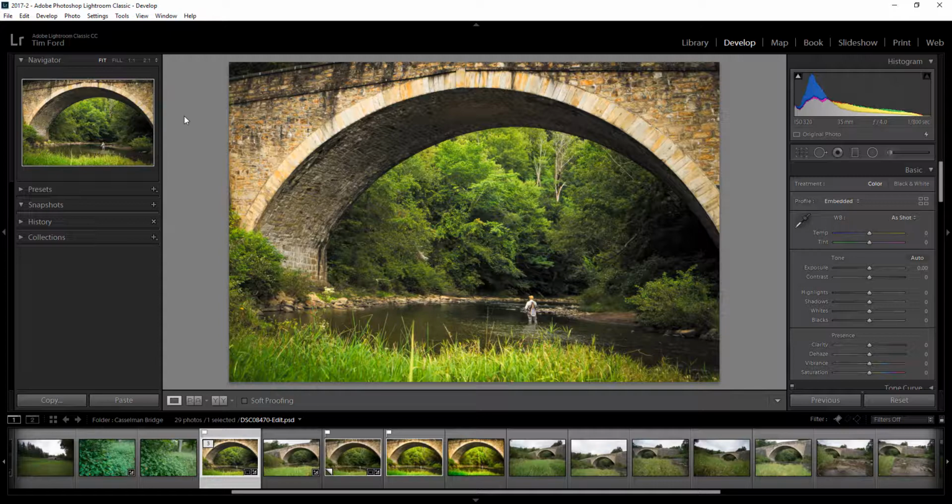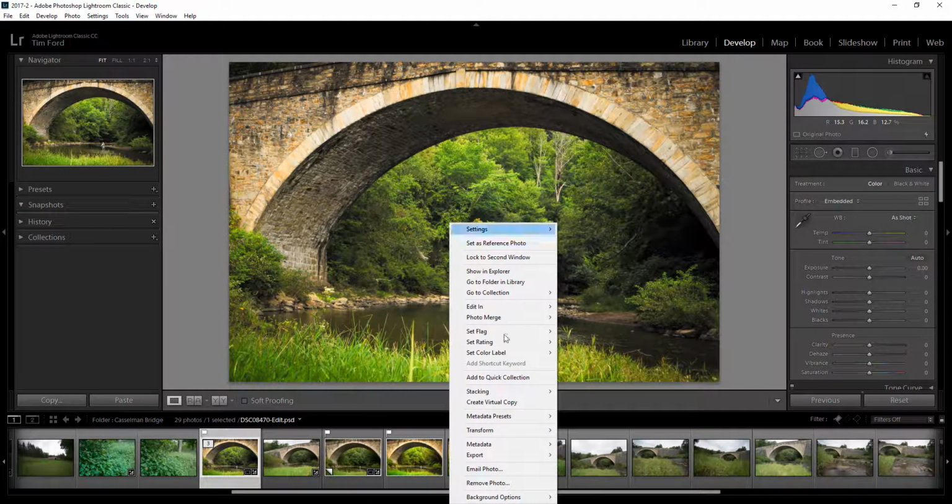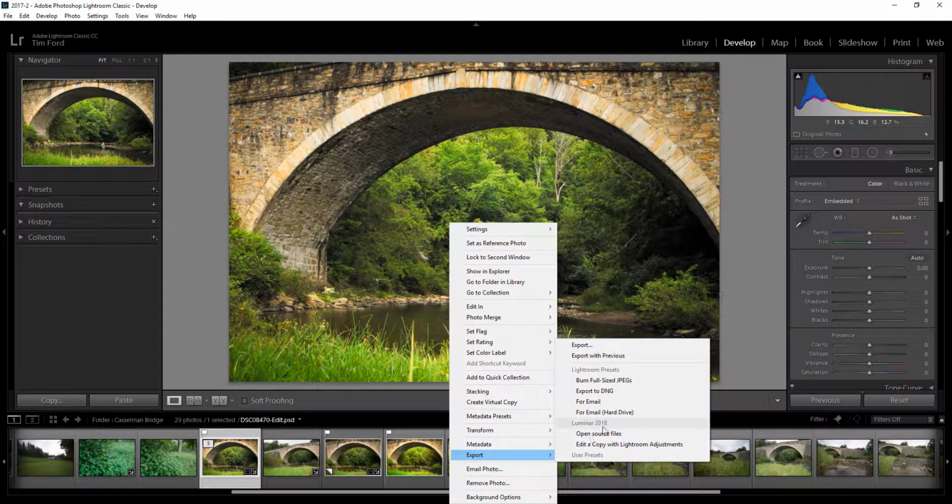But for now, I just want to show you how it works. So from within Lightroom, the way you get it to go from Lightroom to Luminar, do your adjustments, and then come back into Lightroom and have the image show up, there's a very specific way to do that. And the way you do it is from within the Develop module in Lightroom. You right-click on your image and you choose Export, and then down here you have Edit a Copy with Lightroom Adjustments from underneath this Luminar header here. So Edit a Copy with Lightroom Adjustments, click on that,